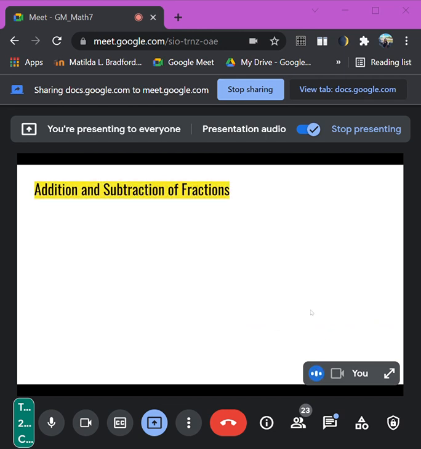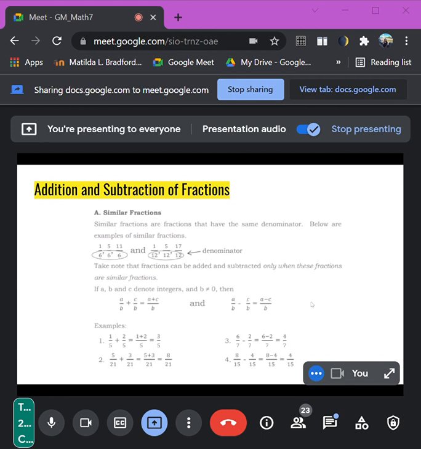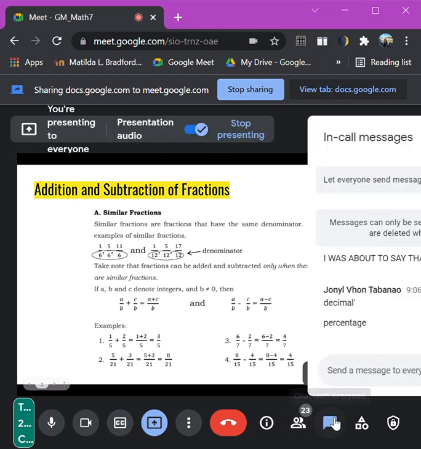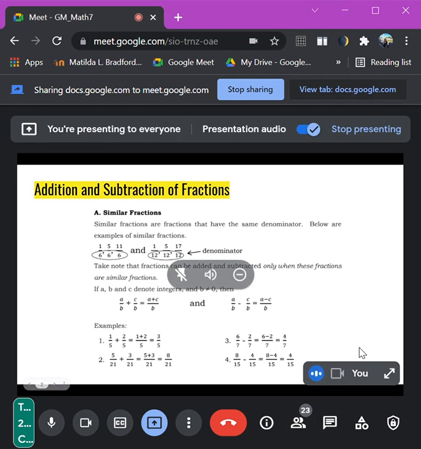addition and subtraction of fractions. So we have here, there are different kinds of fractions. We have similar and we have dissimilar fractions. So let's begin first with our similar fractions. So, sa ganitong similar fractions class, sa inyong ma-remember sa inyong lessons when you were in elementary,